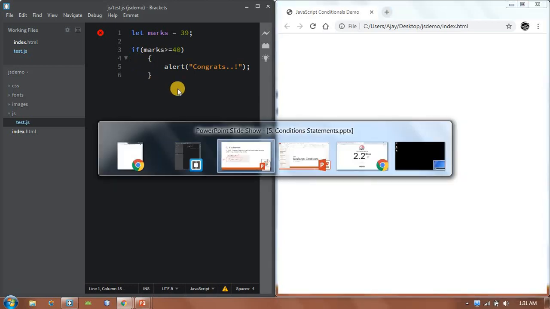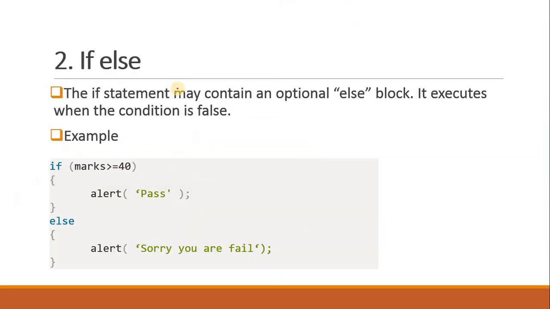In order to overcome this drawback, we'll use the next conditional statement, called the if-else statement. As I said here, the if statement may contain an optional else block that is executed when the condition becomes false. So the if-else statement gives us both ways: what to do if the condition is true and what to do if the condition is false. This is the syntax of the if-else statement.